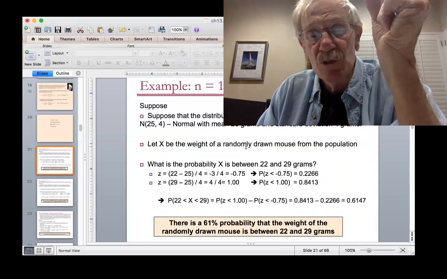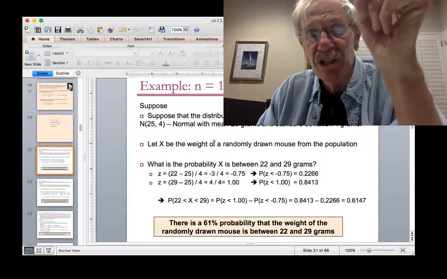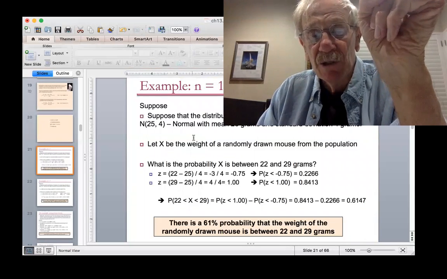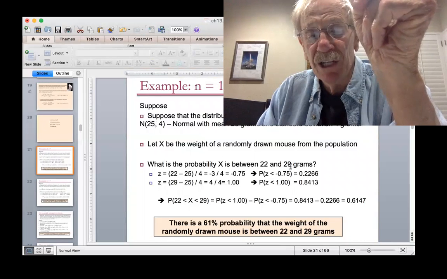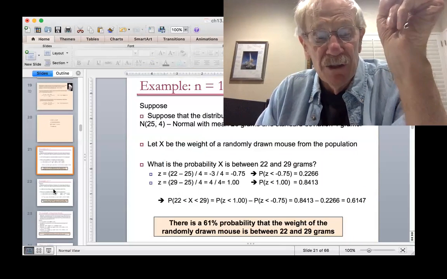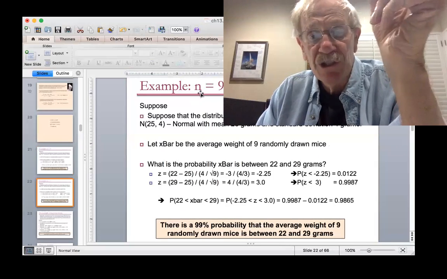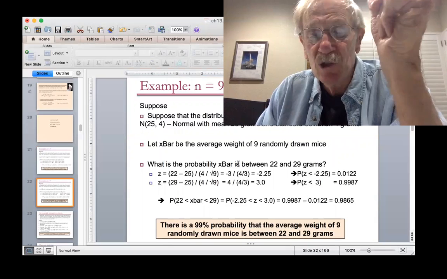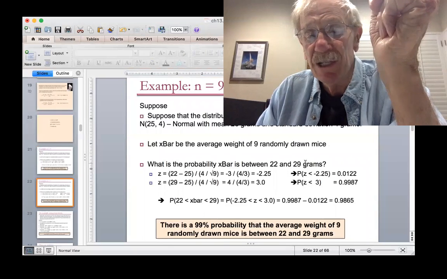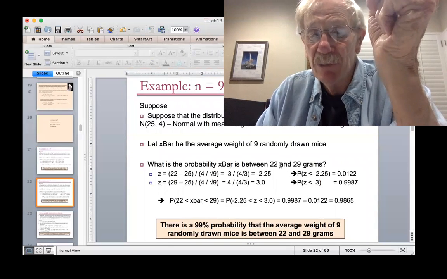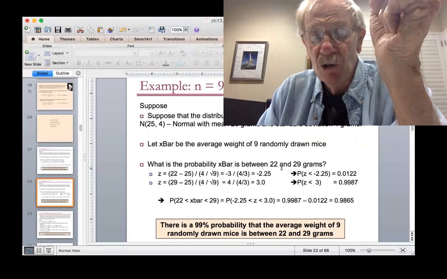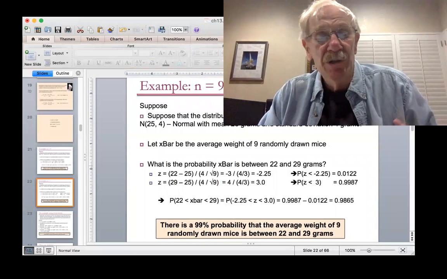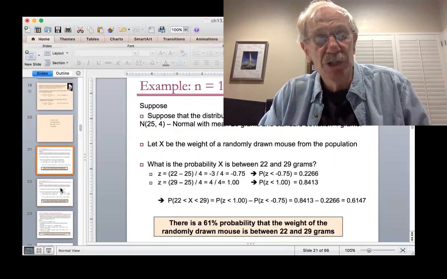So that question is, what's the probability that a single mouse weighs between 22 and 29 grams? The next question is, with a sample size of 9, what's the probability that the average weight is between 22 and 29? The average weight of the 9 mice. So if you can go through these two slides,